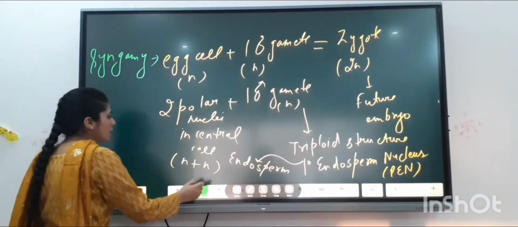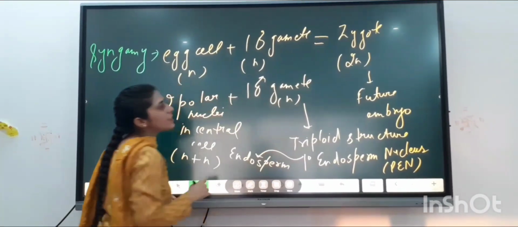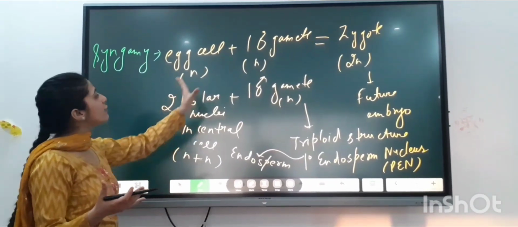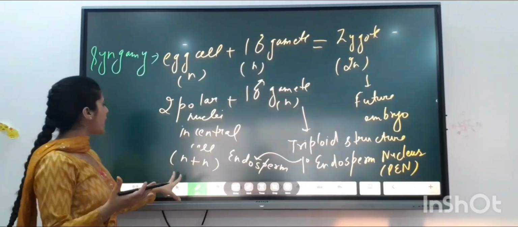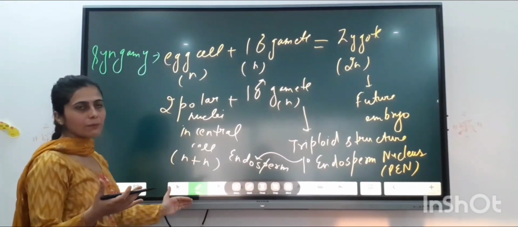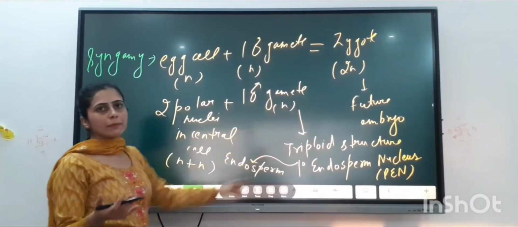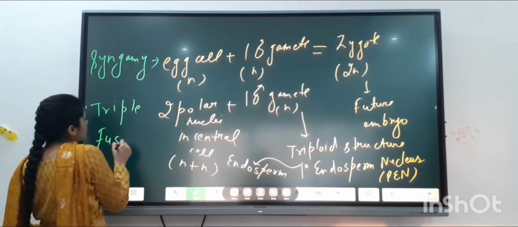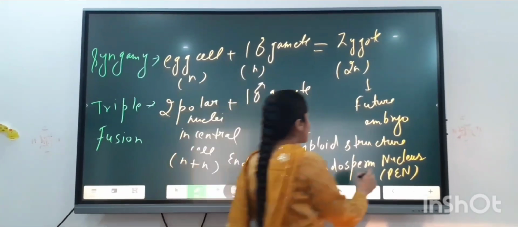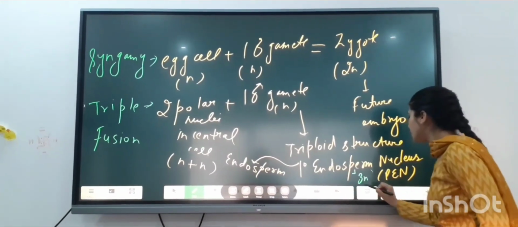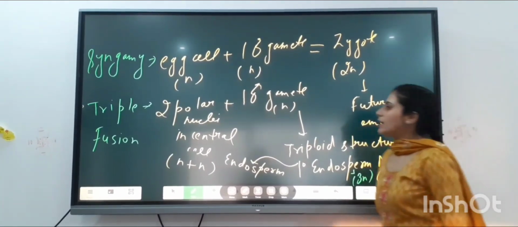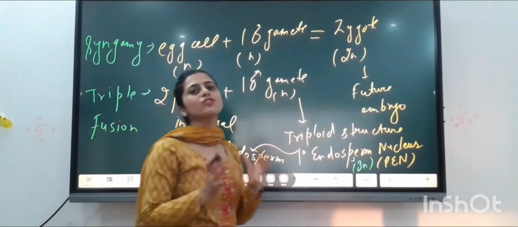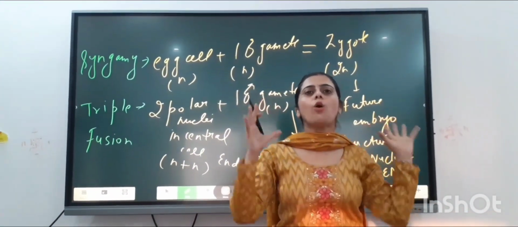And here, as I have discussed already, two polar nuclei are getting fused with one male gamete, each having N ploidy, fusing with one male gamete. So it is called triple fusion. And the structure formed here, that is PEN, is 3N. So that's why two fusions are occurring here, two fertilizations are occurring. That's why this whole scenario